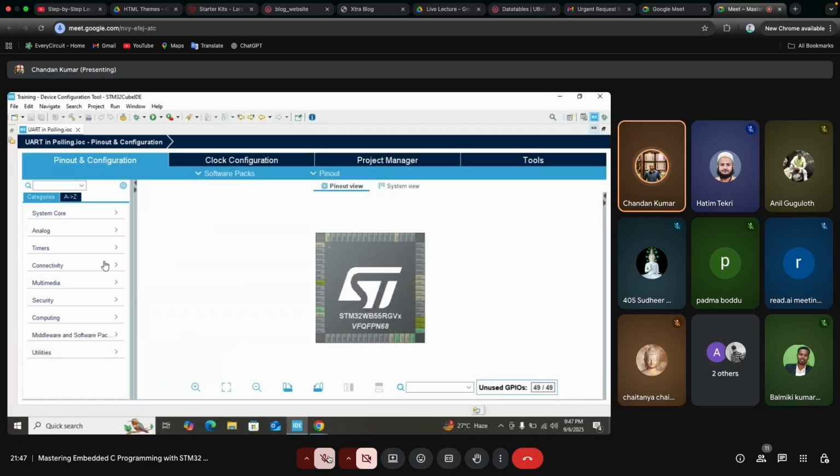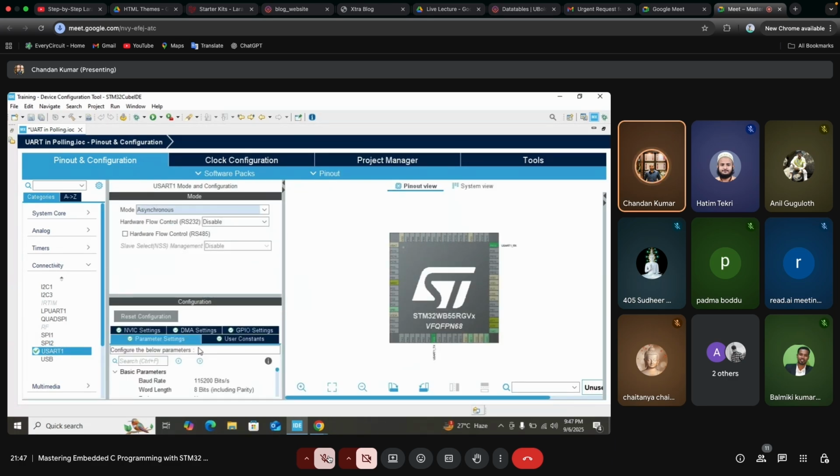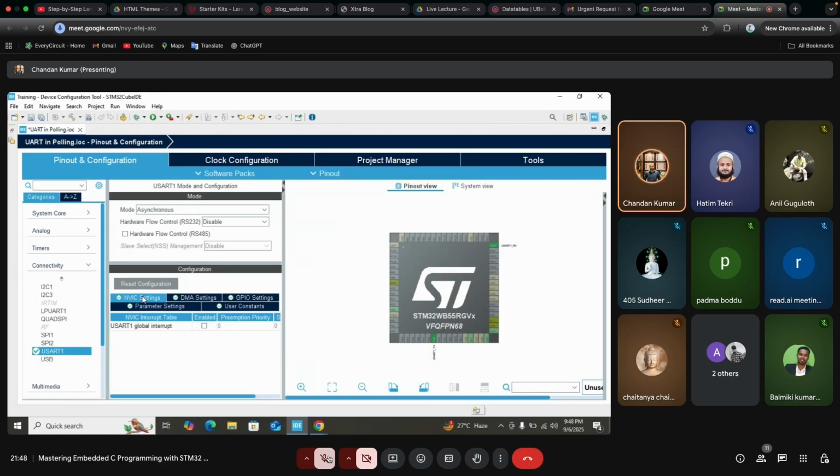Now I'll just go in Connectivity, UART 1. Use it in asynchronous mode. And I want UART to be used in polling method. So I will keep all the parameter settings as they are and will not enable this interrupt. Fine? Yes. Just here change the pins PB5 and PB6. PB5 is my